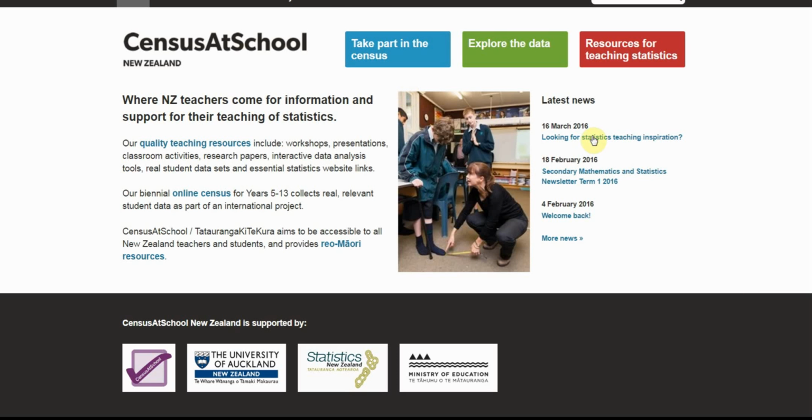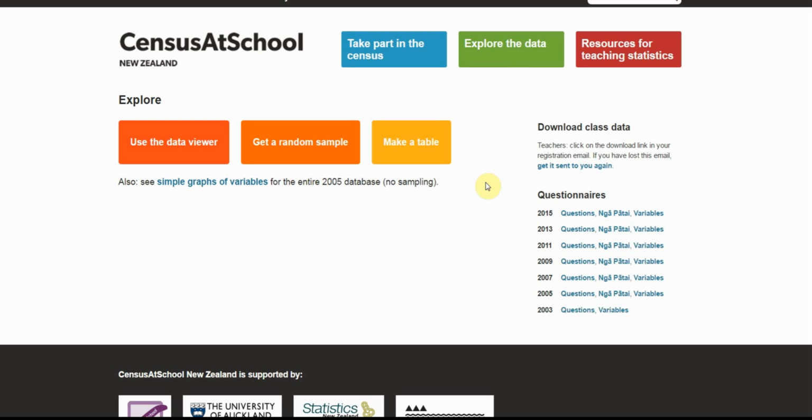Okay, so it's going to look like this, and what we're going to have a look at is this facility here, Explore the Data. So if you click on that, and you come up with this screen, and we can do several things here. Just a note about Census at School New Zealand. This website collects data from high school students in New Zealand, whereby students from schools can then take samples of this data, it's all anonymous,